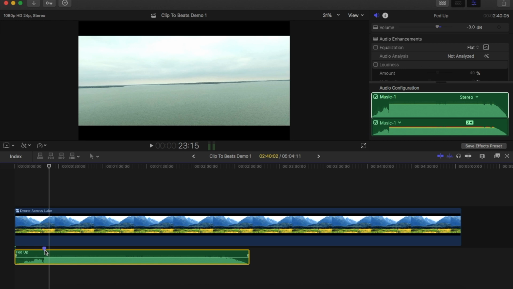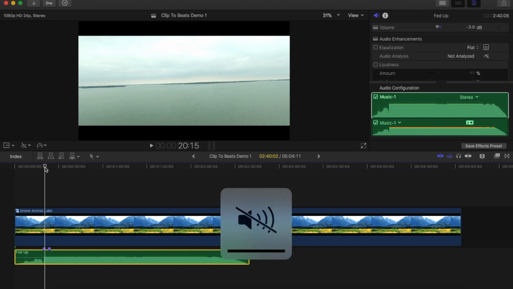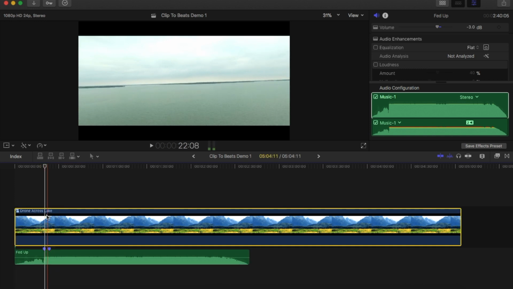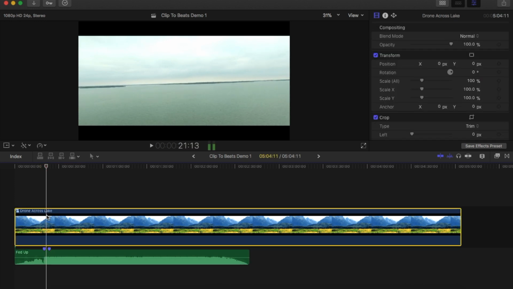I counted how many beats it was across. I put another marker here, and then I went back to the original marker, and I counted across. So basically I just hit the right arrow and I went 1, 2, 3, 4, 5, 6, 7, 8, 9, 10, 11, 12 until I got there, and it was 80 beats. Let me put the marker back. I need to have the marker there, and also